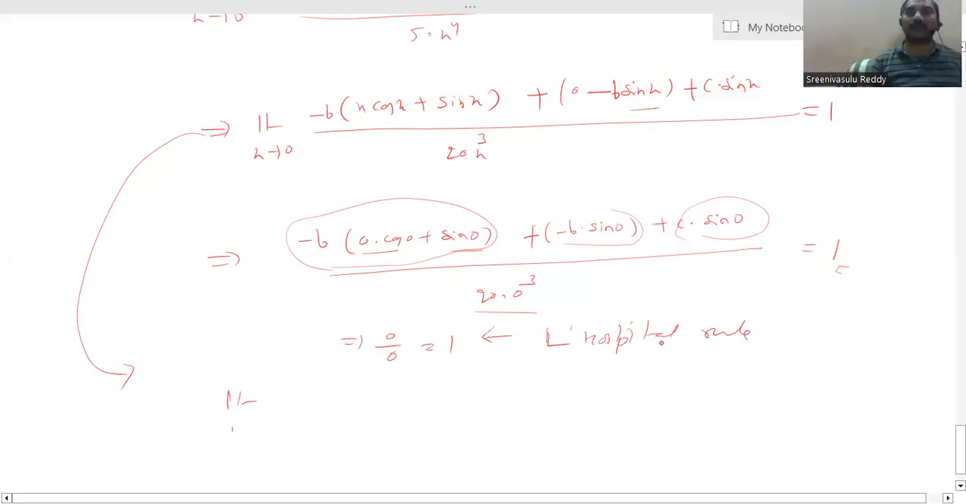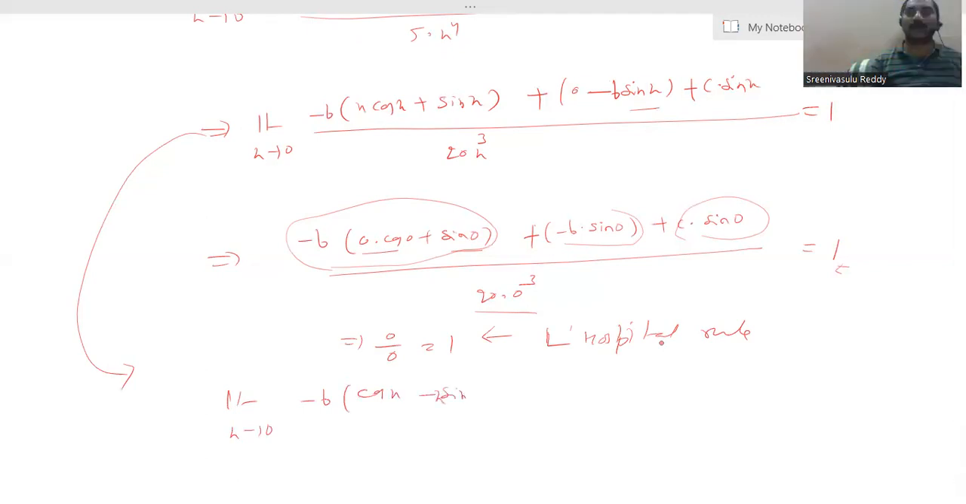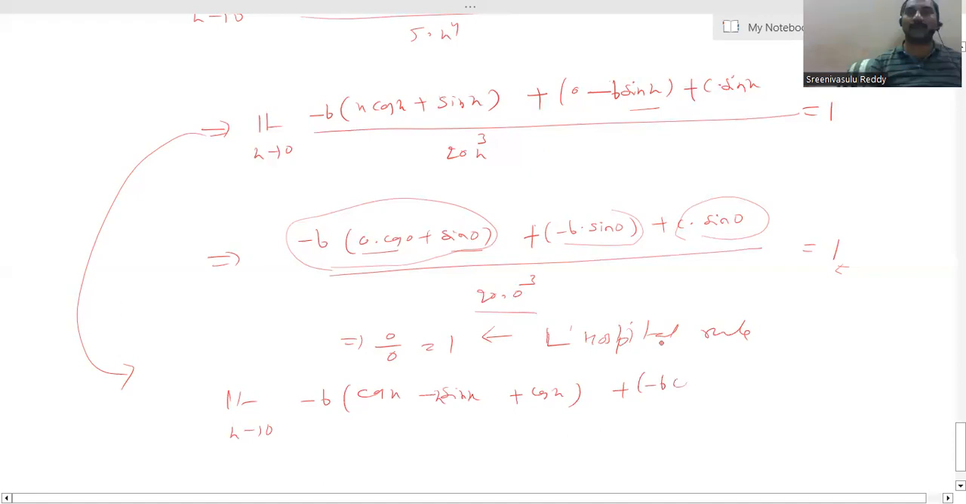So limit x tends to 0. Apply the L'Hospital rule, we get minus b times of cos x minus sin x, x into sin x, plus cos x. So cos x derivative becomes, sin x derivative becomes cos x, minus b into cos x plus c times of cos x